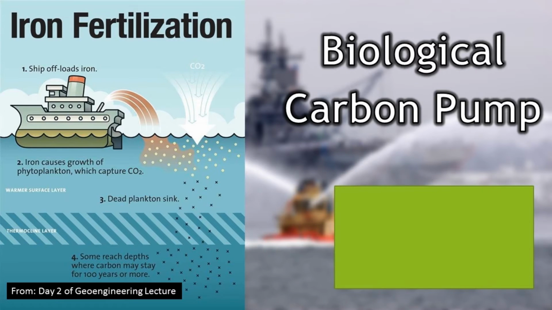We also talked about the strategy of fertilizing the ocean to stimulate a biological carbon pump. The most commonly cited example of this is fertilizing the surface waters of the ocean with iron, because in many places the phytoplankton are limited. The limiting nutrient is iron. So you sail your ship to find an area where there's not enough iron for an active food web. You fertilize it, and you stimulate a phytoplankton bloom, and the food web goes nuts, and all the dead phytoplankton and the fish poop and everything ends up down on the bottom of the ocean,